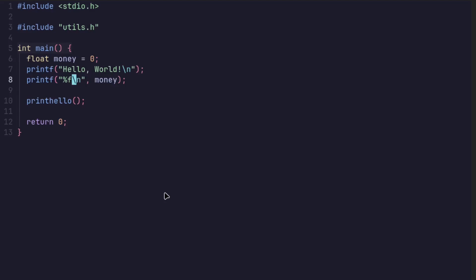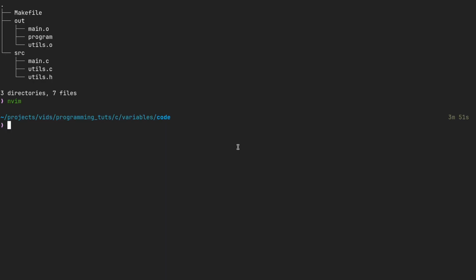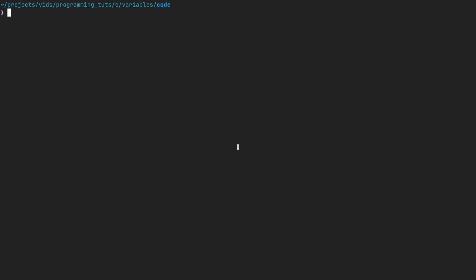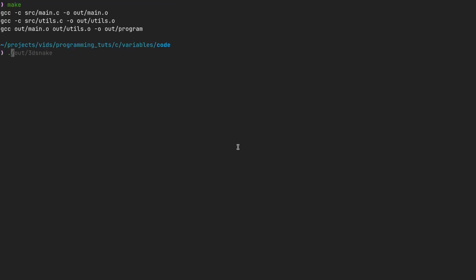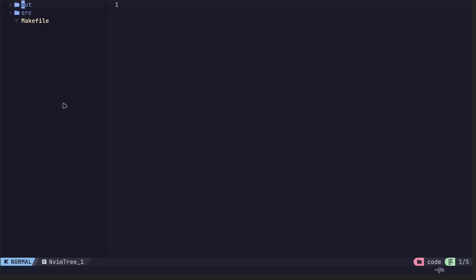Of course, we can already then quickly test this out to see it working. I will quit out of my editor and resume into a terminal. Then we can make our project again and run the project. And in this case, because the value of money was initialized to 0, it just printed out as 0 point and then a couple of zeros. The couple of zeros is only because of the float in this case. However, if you would have used an integer for money, it would just print out a 0. We can resume back to our editor